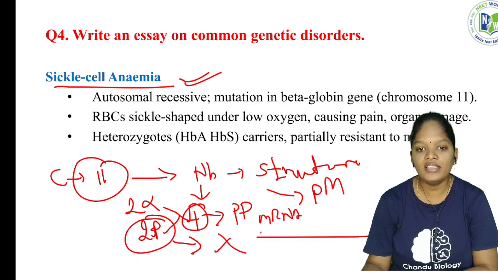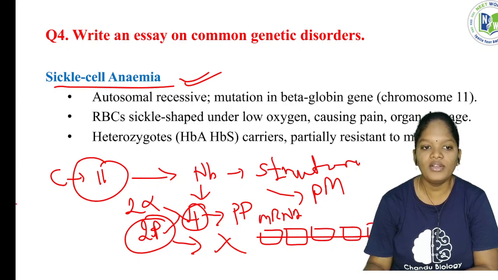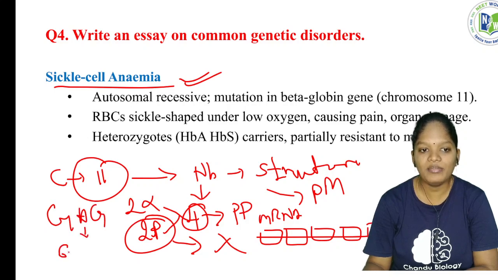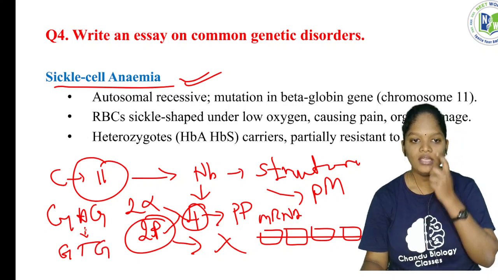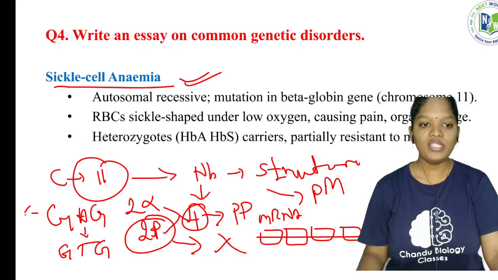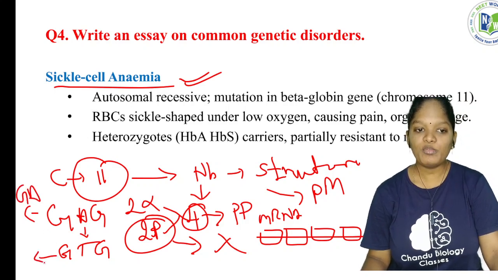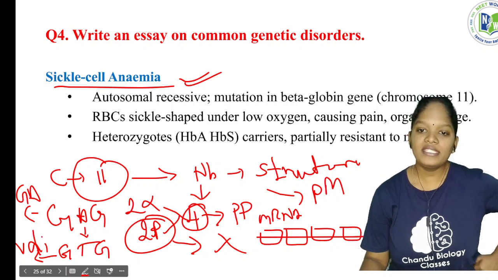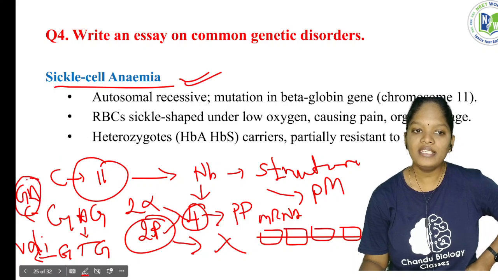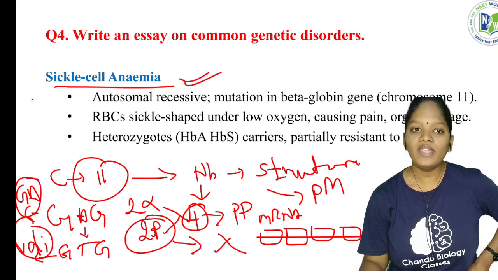So in this strand, this is one codon and this is the second codon, this is the third codon, this is the fourth codon, this is the fifth codon and the sixth codon. So in the 6th position, GAG is a codon that has to be replaced by GTG. GAG is responsible for giving the amino acid called glutamic acid. GTG is responsible for giving the amino acid valine. So you should know at the 6th position the glutamic acid is replaced by the valine,